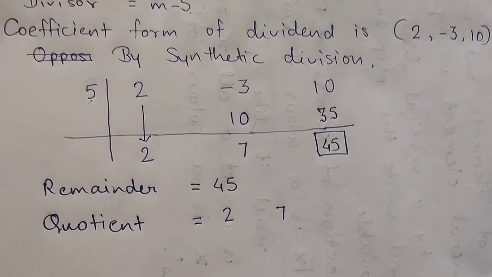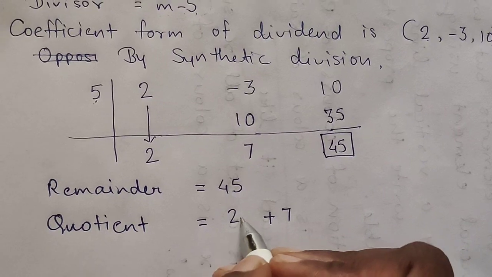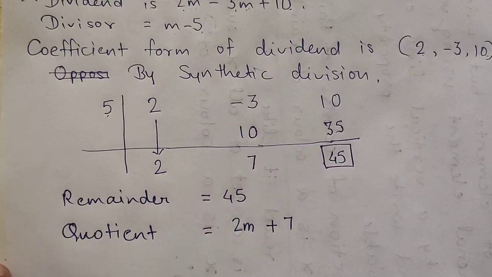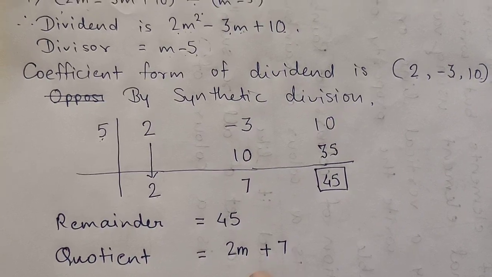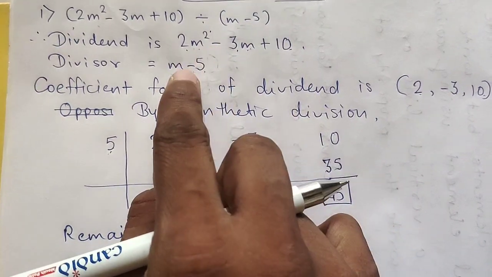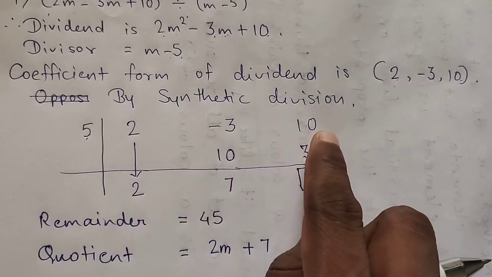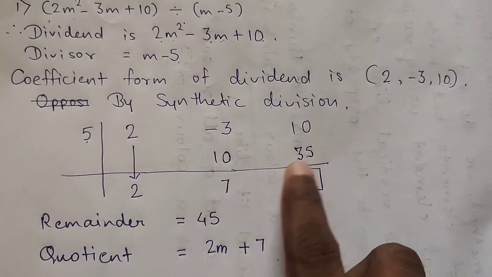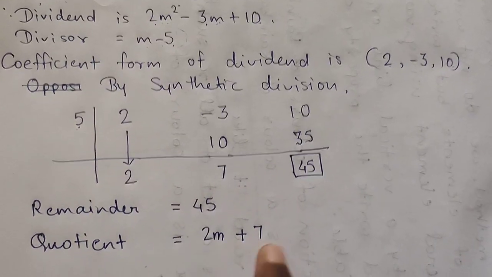Okay. But you have to write index form. Okay, so this 7 will be as it is, and here you are going to write m. You know, the last term is your number, then m squared, then m cube, like that. So this is your question. Understood now? This is very simple. Only the thing is what you have to see your dividend and then divisor, and write coefficient form of dividend here, then write your coefficient form here, and then opposite sign, and then cross multiplying whatever you are getting. Finally your that will be your remainder, and here you are going to write your questions.